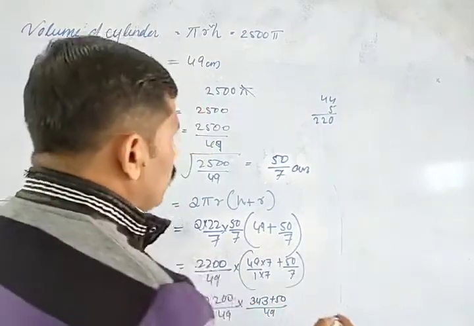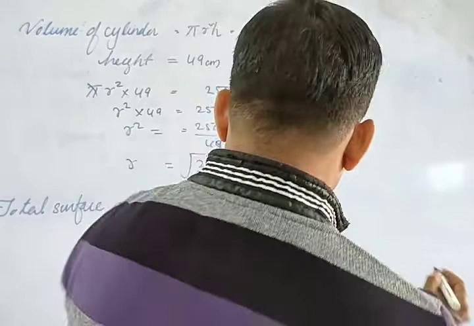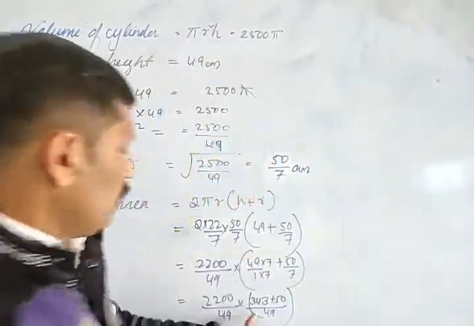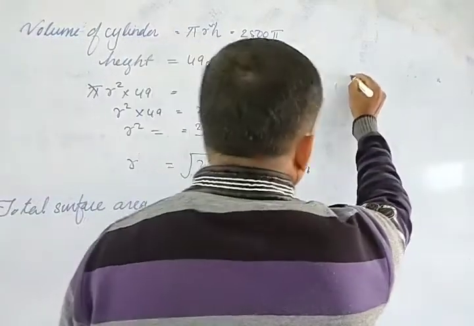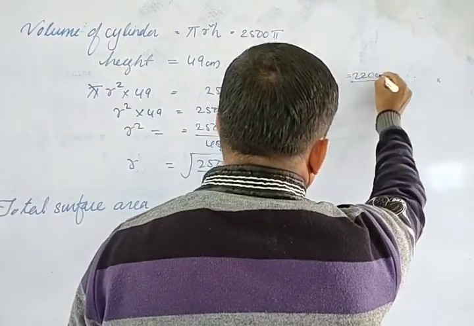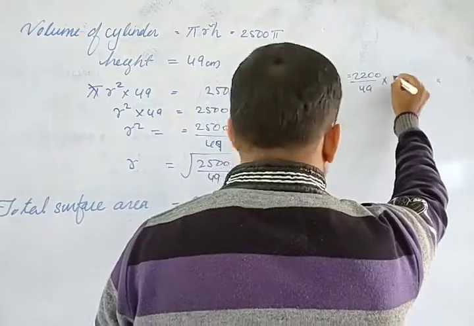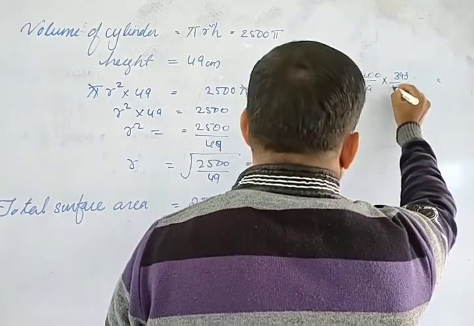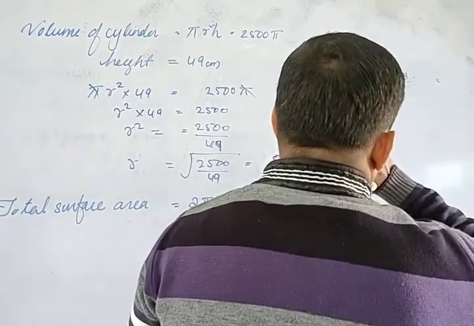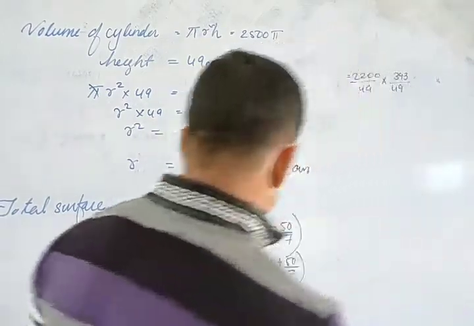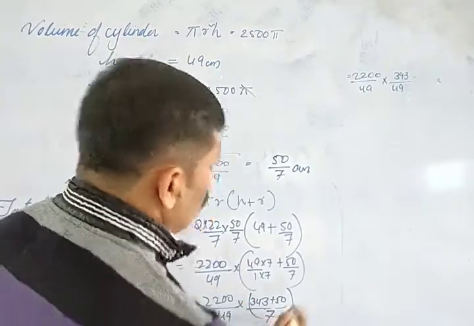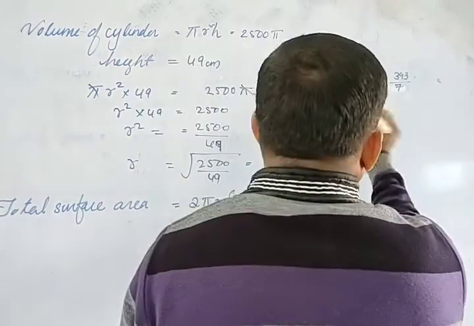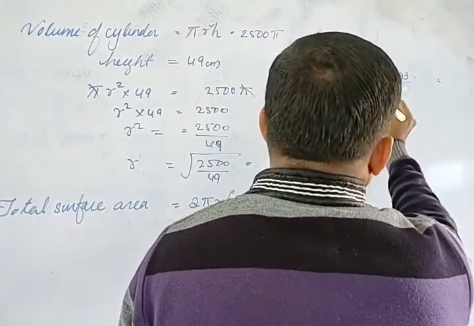So this we multiply here. Here we add. It is equal to 2200 upon 49 into 393 upon 49. Sorry, upon 7. Here 7 and here also 7. Then we multiply this. When we multiply, we get